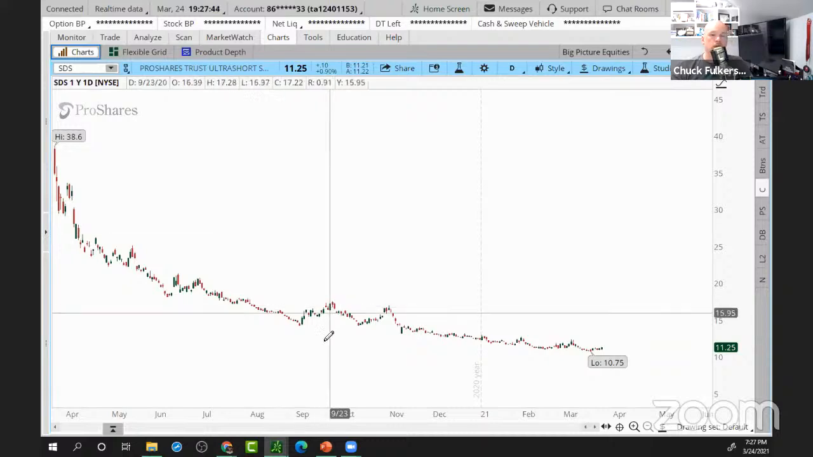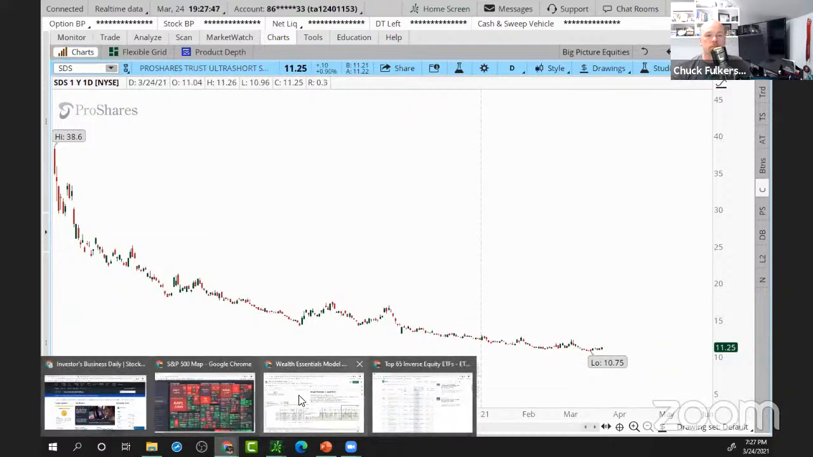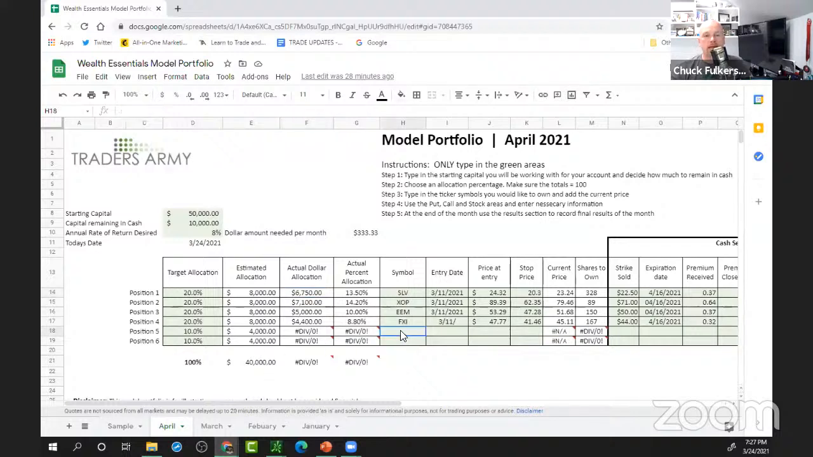So if I were to come in and take a look at our Wealth Essentials portfolio, and let's look at the SDS. Okay. So SDS is currently trading for 11.25. The current price is 11.25. So that's our price at entry. And we've got, how much capital do we currently have allocated in this model portfolio? 23,000. So if I allocate about 8 grand to this position,